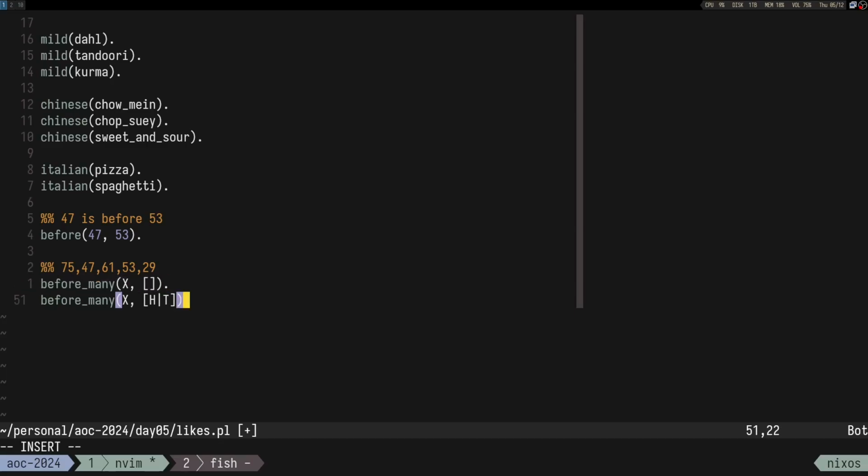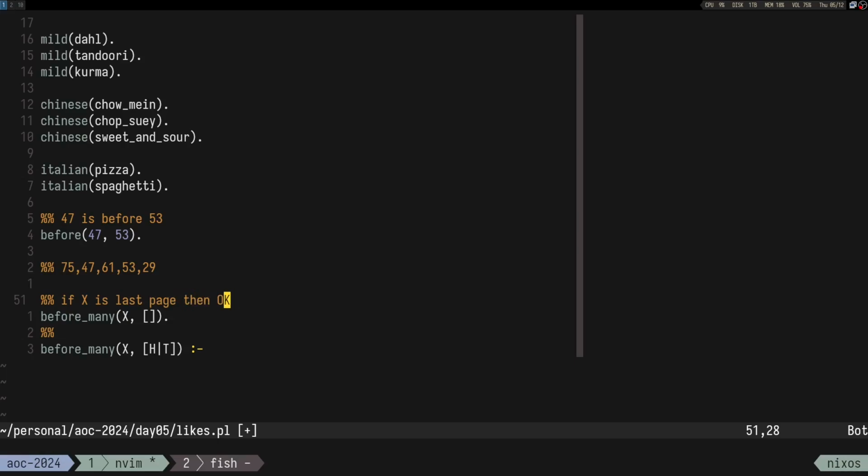But what if we have before many? Well, the rule is x must be, so here this thing is true when this part that I'm gonna write is true. So here, let's say if x is the last page, then okay, right? Then true. Basically, that's what this means. But here,